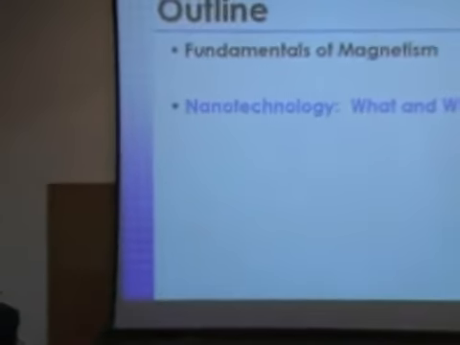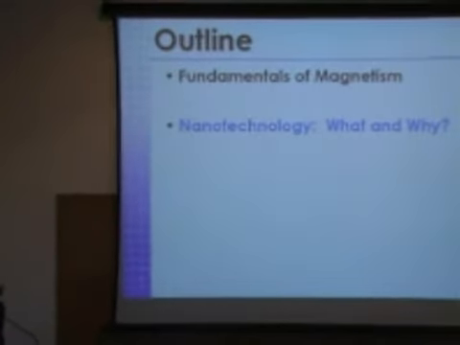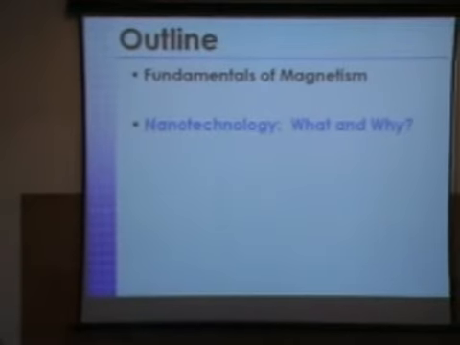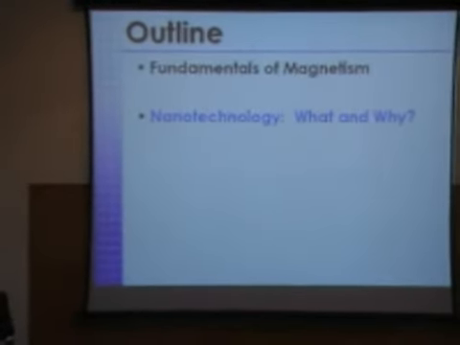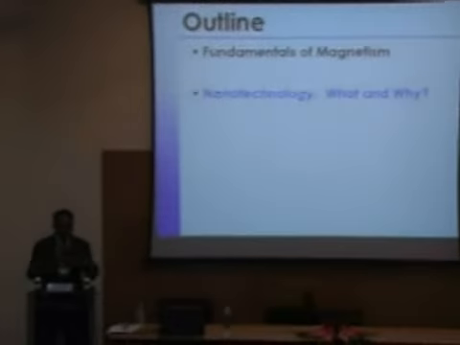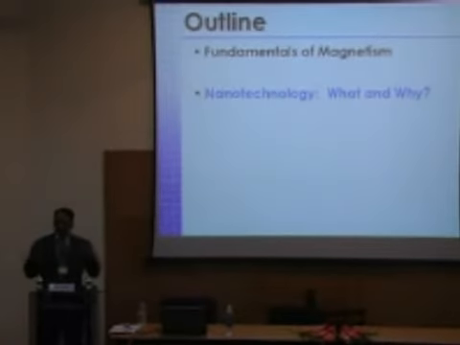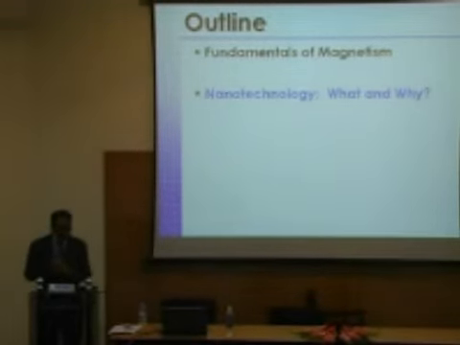So let me give you some idea about my outline. I'll also talk about nanotechnology, what nanotechnology is and why it is important now. So that's one area that we will touch upon later on. We'll also talk about some fundamentals of magnetism, exactly how these materials turn out to be magnetic, what makes some of them ferromagnetic and what makes some of them antiferromagnetic, some of them metamagnetic, some of them spin clusters, all kinds of frustrated systems also one can see.